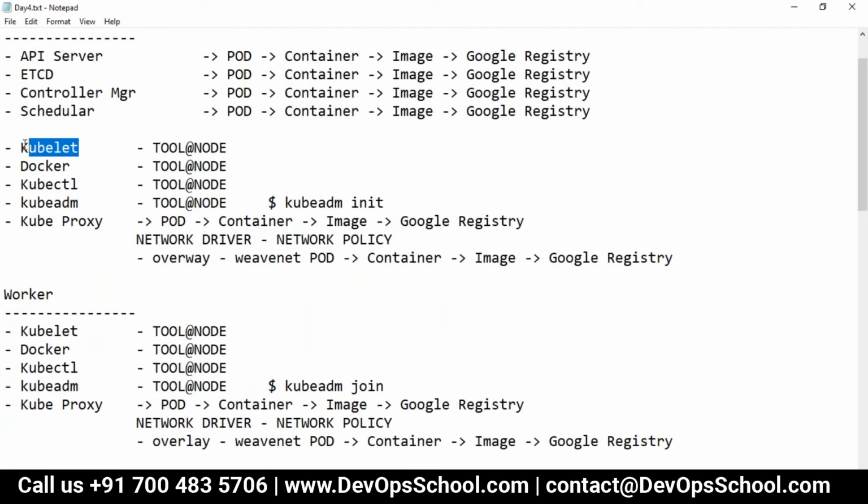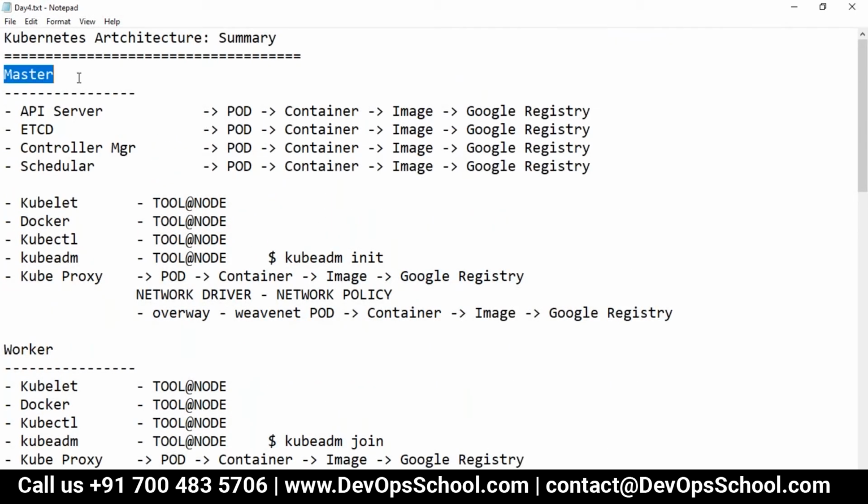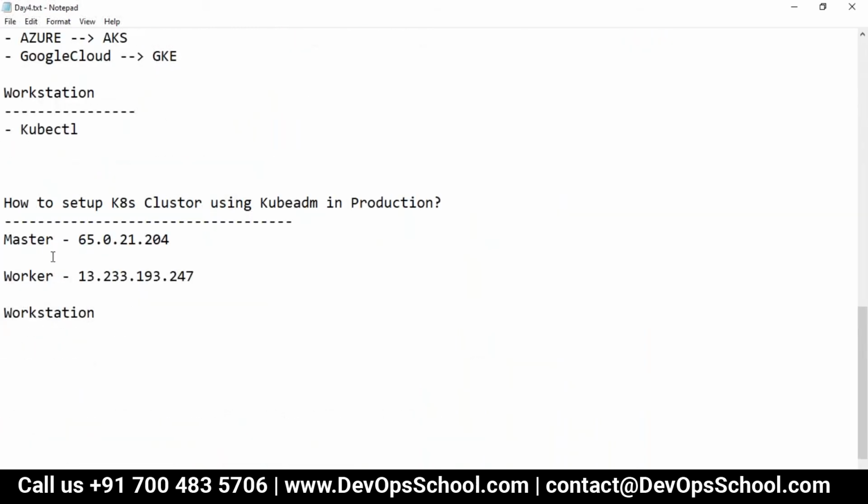This kubectl, which is on the master, can be used not only by all other components to talk to the API server, but I can also use it to talk to the master. So here, the master plus workstation will become the same machine, and the worker will become a second machine. This is a workaround I'm doing just for an easy learning process.